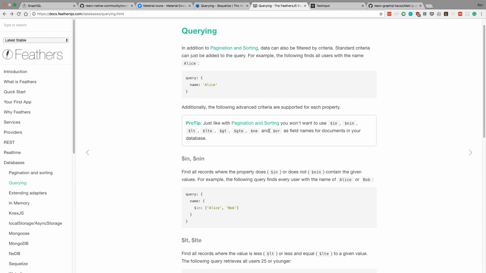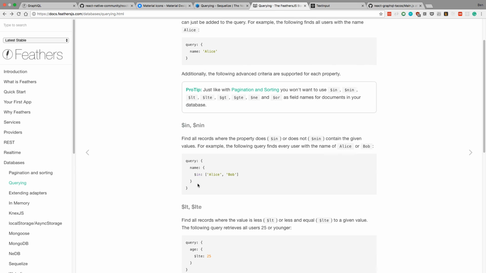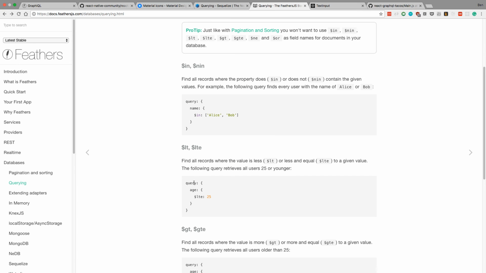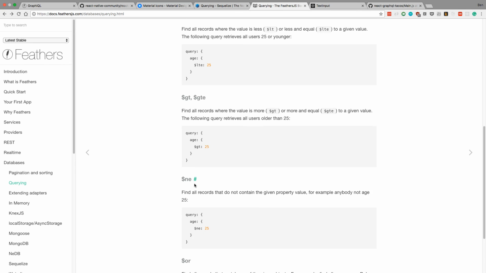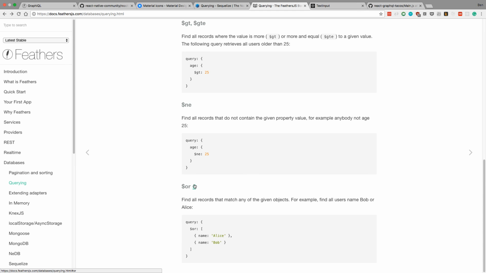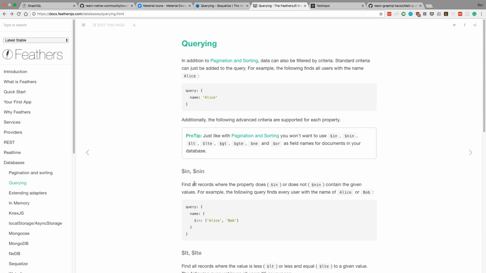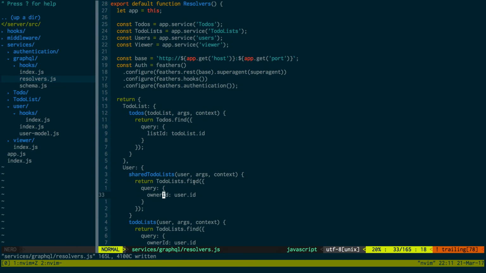Just like you won't want to use SQL names for documents in your database. Okay. So our shared or our to-do lists have a